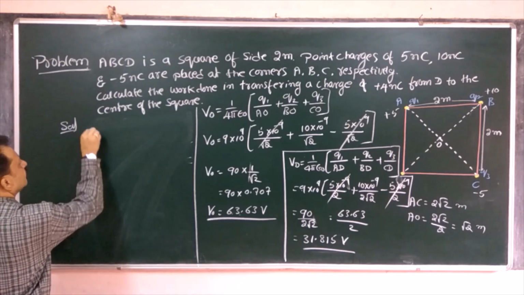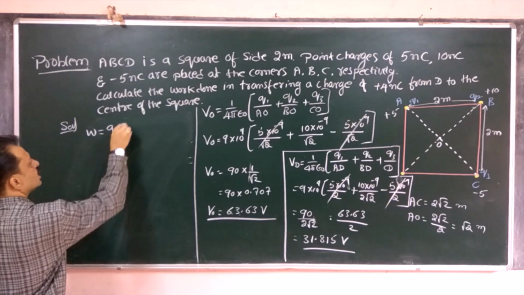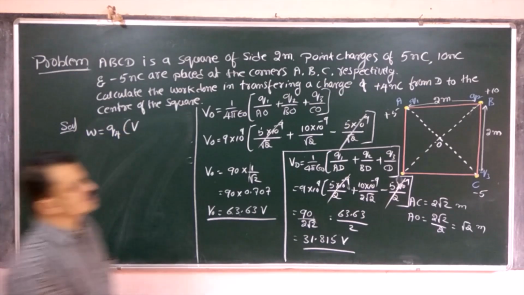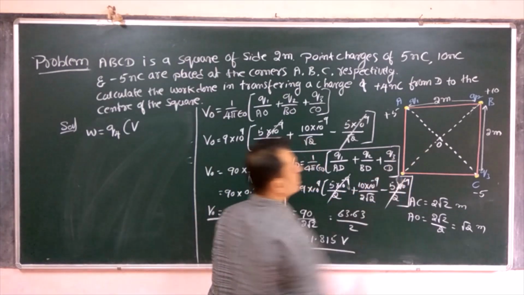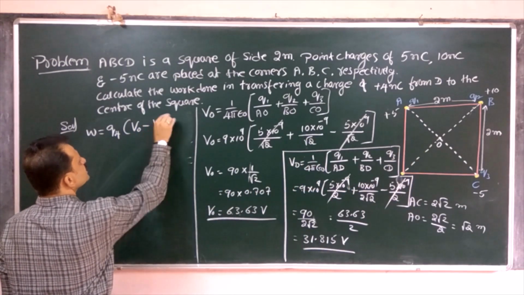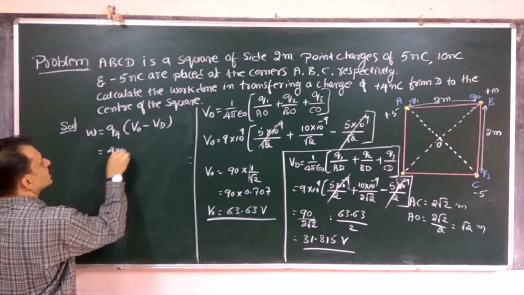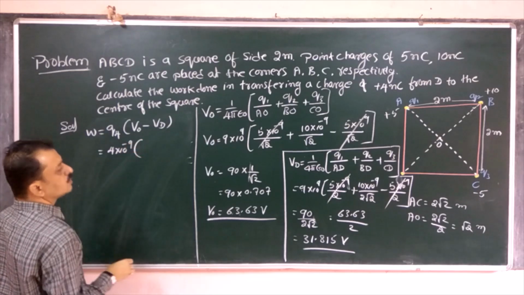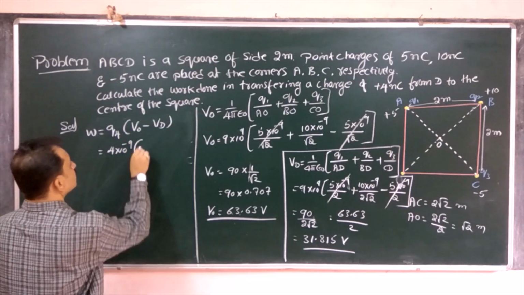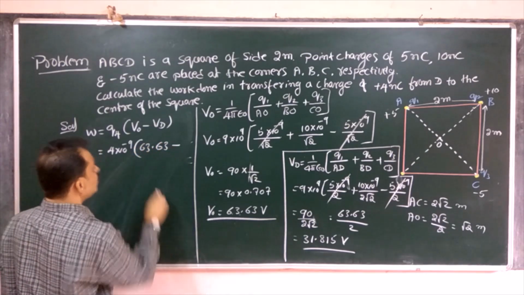Therefore, work done in moving the fourth charge is equal to the fourth charge multiplied by the difference of potential. We are moving from the initial point D to the final point O. Therefore, it is VO minus VD. Now, Q4 is 4 nanocoulomb, that is 4 into 10 raised to minus 9. So VO, we have got 63.63 minus VD